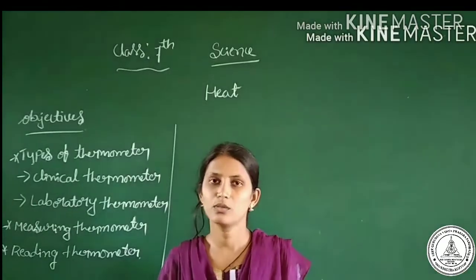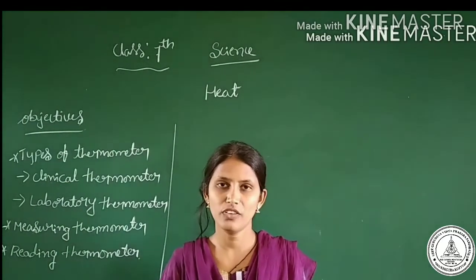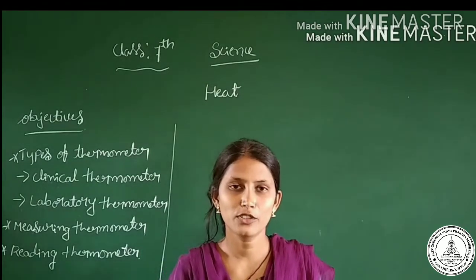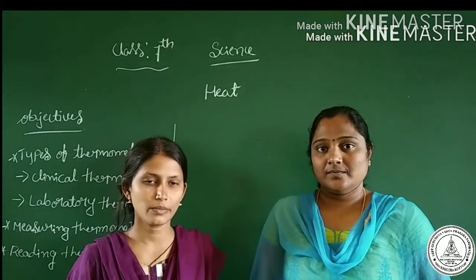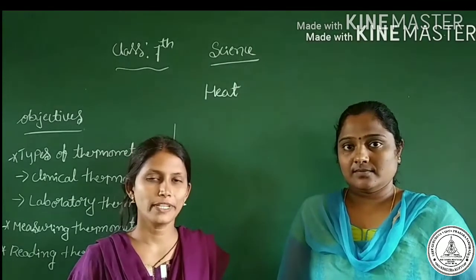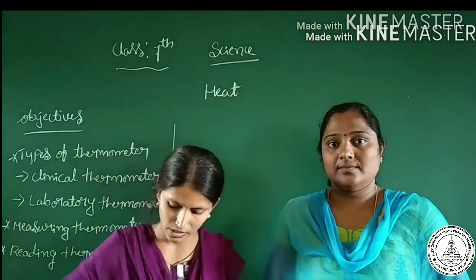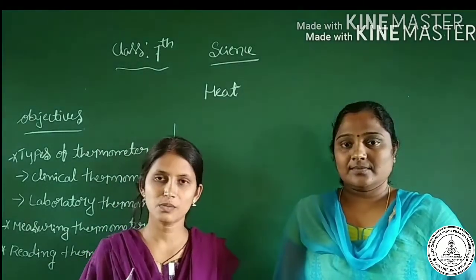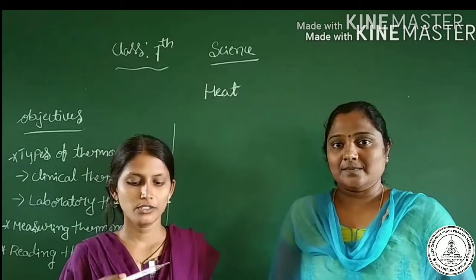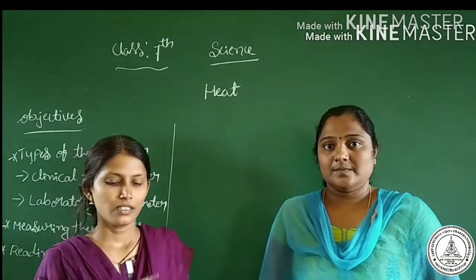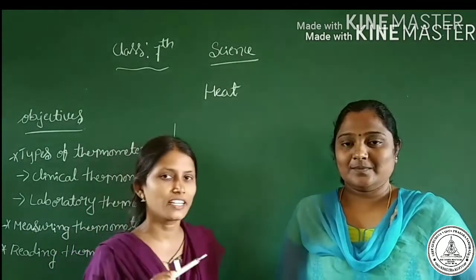Yes, my dear children, now we will do the activity. Using the clinical thermometer, we have to test the temperature of one person. So now I am going to measure the body temperature of Susanna. Instructions before using this thermometer: as I said before, we have to wash this thermometer using antiseptic solution or alcohol. After that, we have to give a few jerks. Why do we give a few jerks? These jerks bring the mercury level below 35 degrees. Later, you have to keep this thermometer under the tongue, or you can keep it under the arm also. Now I will keep this thermometer under the arm.